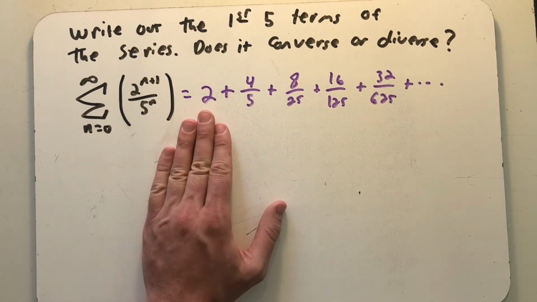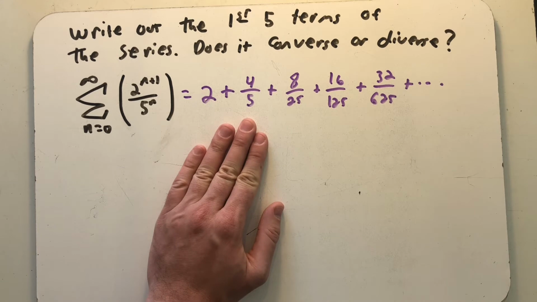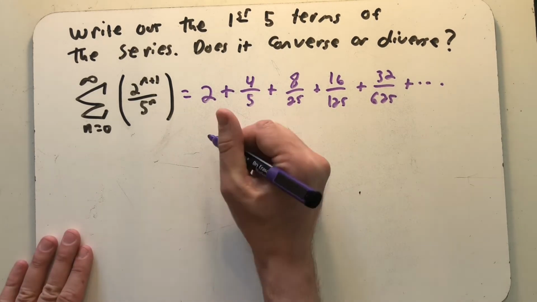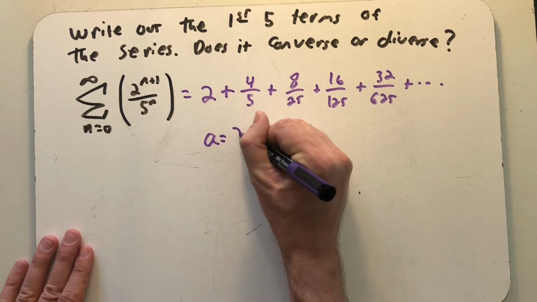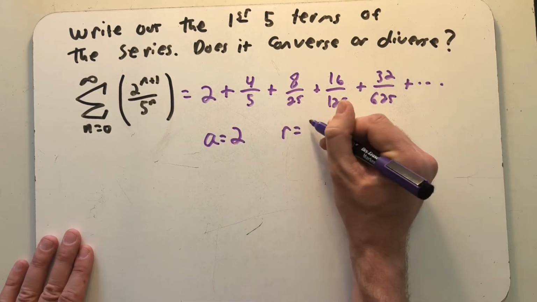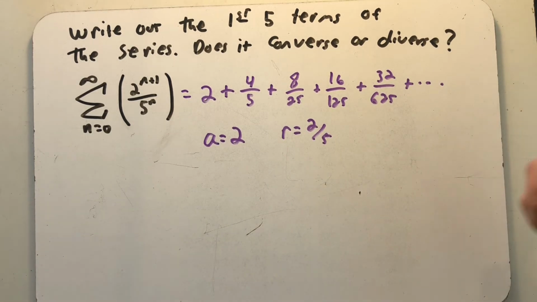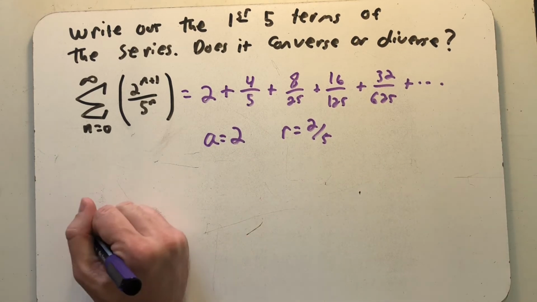We're starting at a 2. To get from 2 to 4/5, well, I've multiplied by 2/5. To get to the next term, I've multiplied by 2/5 again. This seems to be geometric with a first term of 2 and an r of 2/5. Every subsequent term is 2/5 of the previous term. I'm always multiplying by 2/5. Well, geometric series